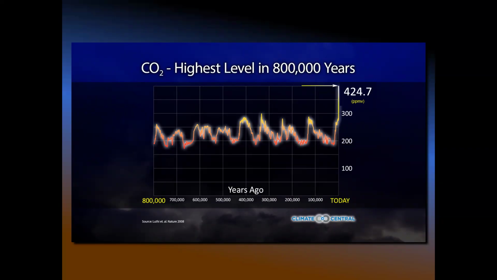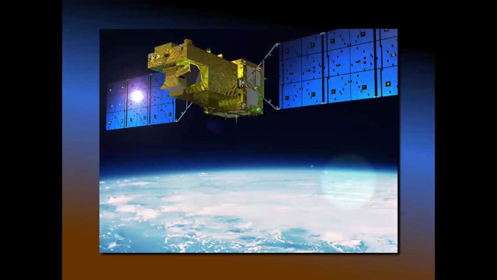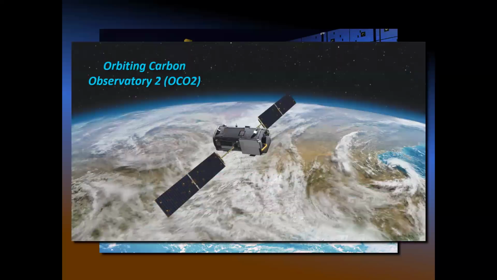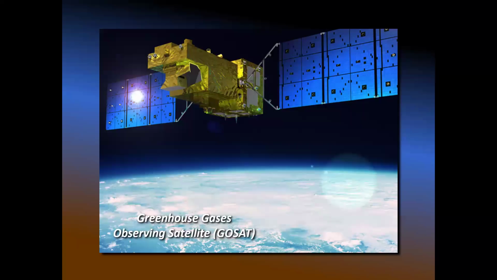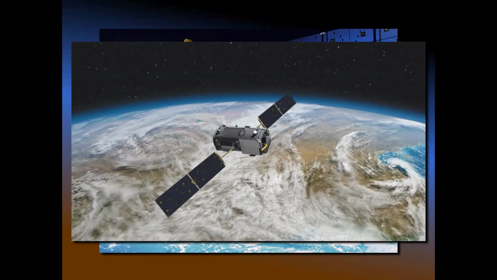It's not just things like the Keeling curve, it's things like ice cores where you can sample them and get that carbon dioxide concentration. We also measure from space. There are satellites that are measuring the amount of various greenhouse gases in the Earth's atmosphere. For example, this is the Greenhouse Gases Observing Satellite. And this is the Orbiting Carbon Observatory 2. And this one, I'll go back. This one is looking at various greenhouse gases. This one is looking specifically at carbon.